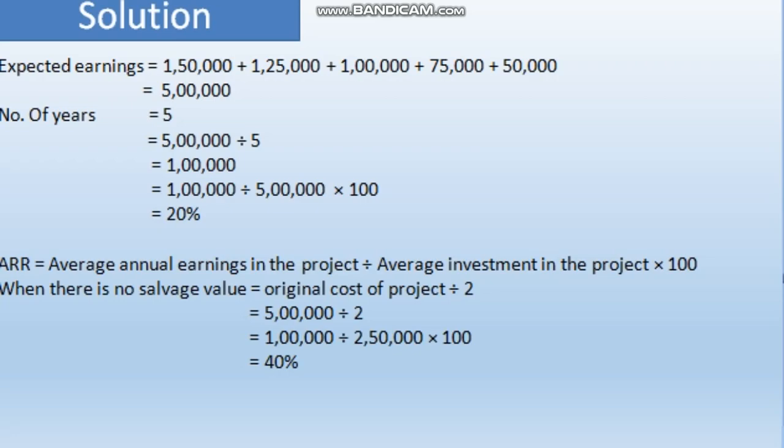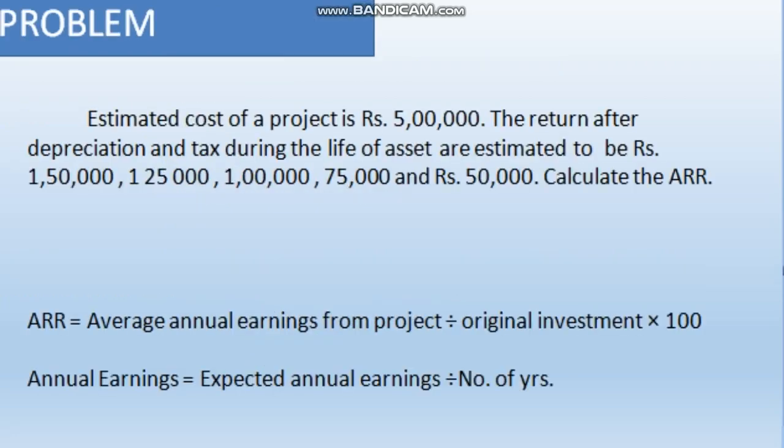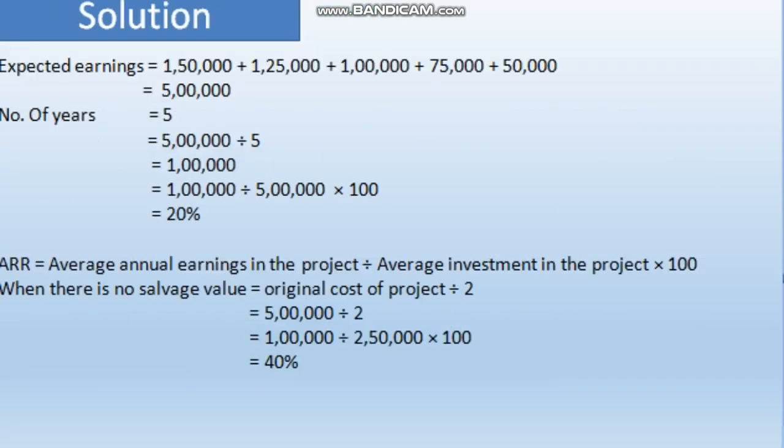Original cost of project is 5 lakh, estimated cost of a project is 5 lakh as given in the question, divided by 2, that is 2 lakh 50,000. So how we are finding ARR is 1 lakh, the average annual earning we already found out, divided by the average investment of 2 lakh 50,000 into 100,